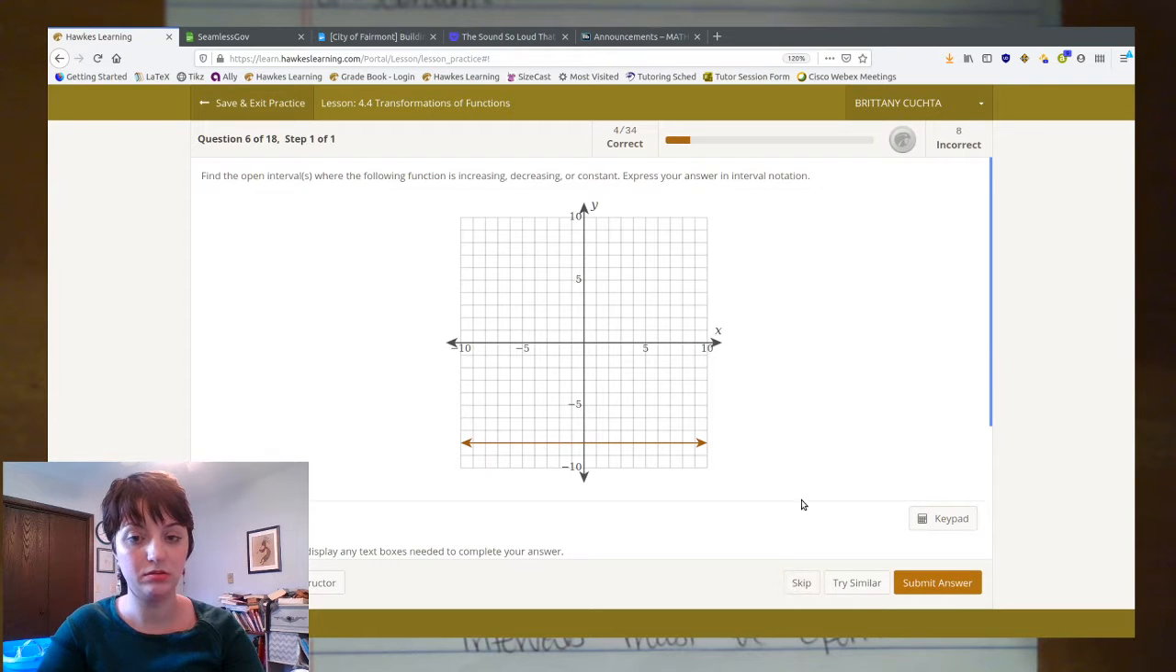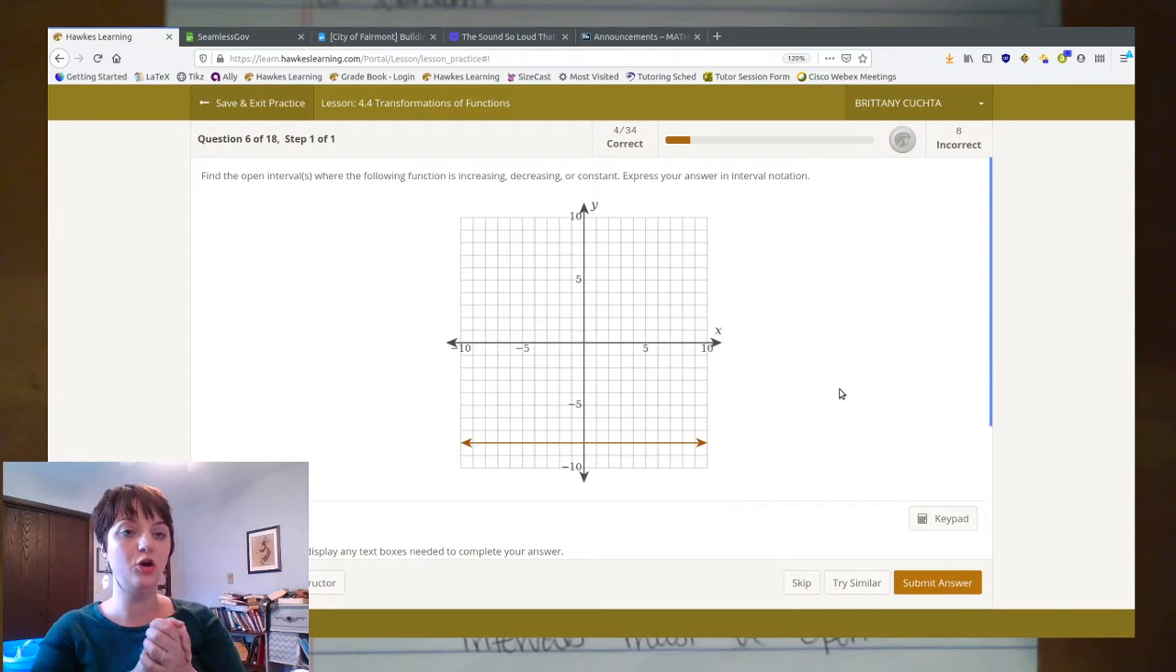Here we go. So find the open interval. They remind you it needs to be open, where the function is increasing, decreasing, or constant. Express your answer obviously in interval notation. Well, this is a constant function, right? This thing is always